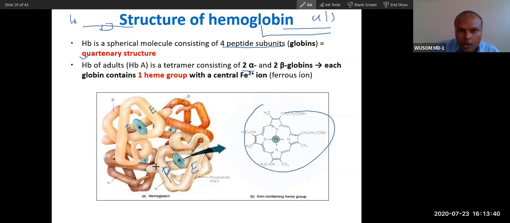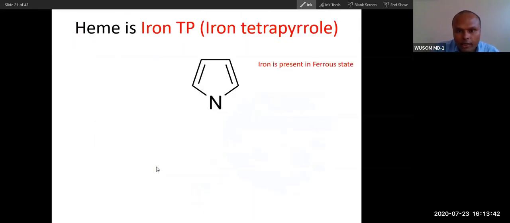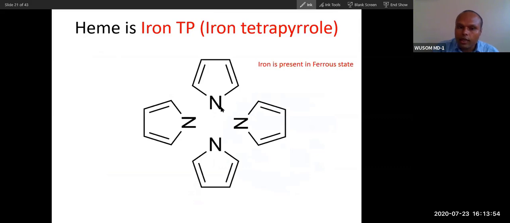Let's see first what this heme is. We have already done this. Heme is a tetrapyrrole structure. Pyrrole is an unsaturated pentane ring with 1 nitrogen, as you can see. The second pyrrole ring comes like this, then the third and fourth, and they polymerize and form a tetrapyrrole structure. At the end, there will be insertion of iron. So heme synthesis also happens in the same fashion; you will see this when we talk about heme synthesis. So this is the structure of heme.